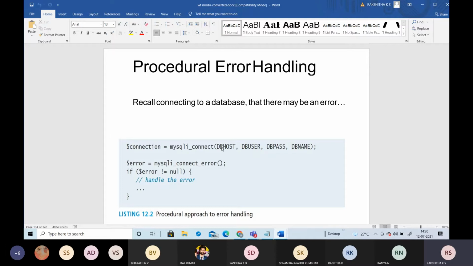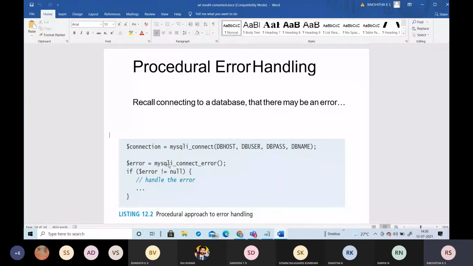What are the different values you have to check? You have to check the connectivity, whether the database host is correct or not, the database user, whether the values you have passed to the database are correct, and the database name. If mysql_connect_error, if any of these things is wrong, like if you have not given the host value or have not passed some value, then you are going to get an error.